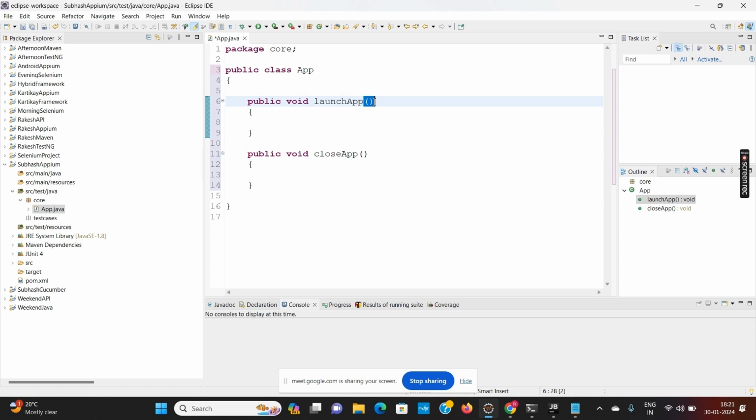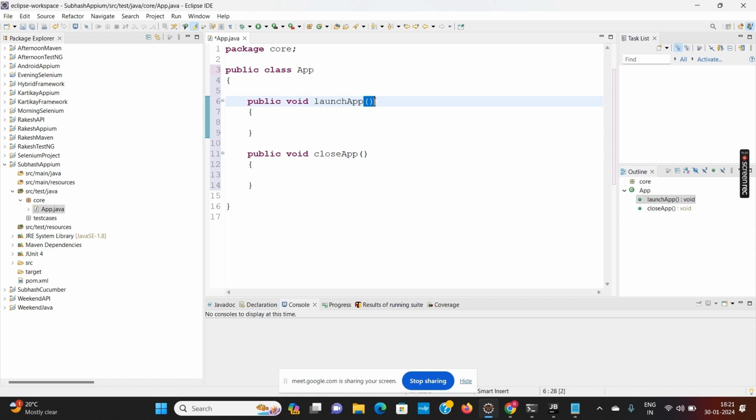So again, if I'm working on the Amazon app: when I was working on a browser, I was opening the browser and writing the URL www.amazon.in. But when you are working on a mobile, you do not write www.amazon.in. It is installed on your mobile. You just have to launch it and it will open up. So now the problem is how to launch that particular app.